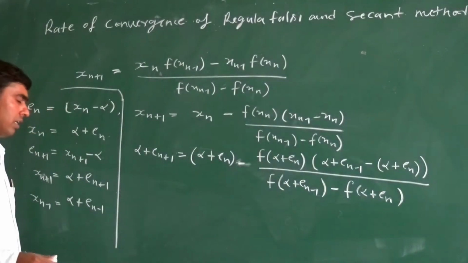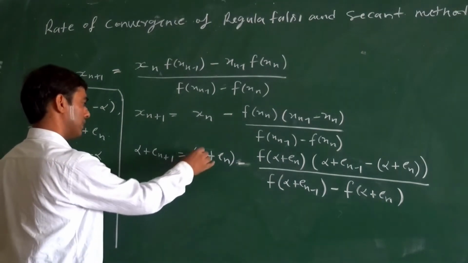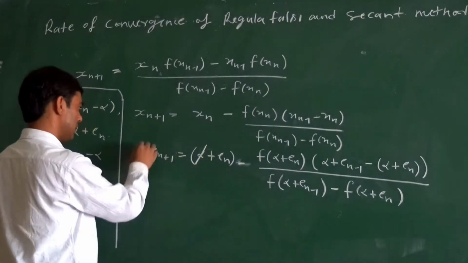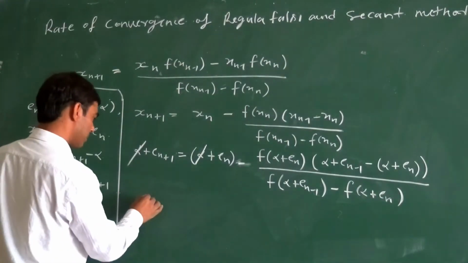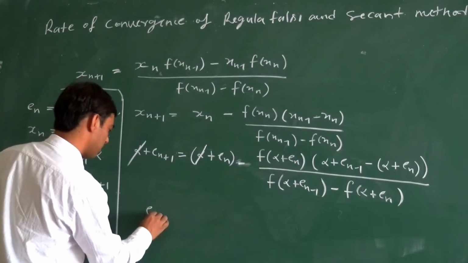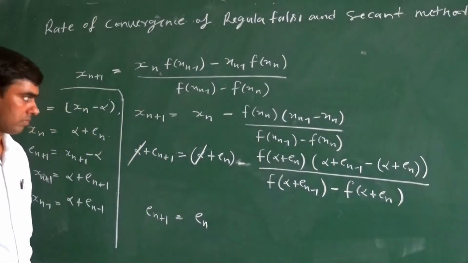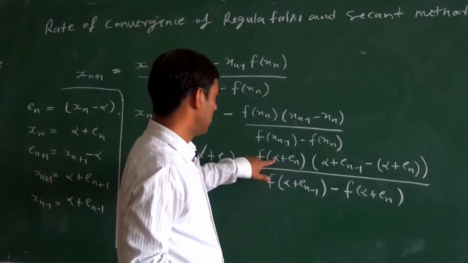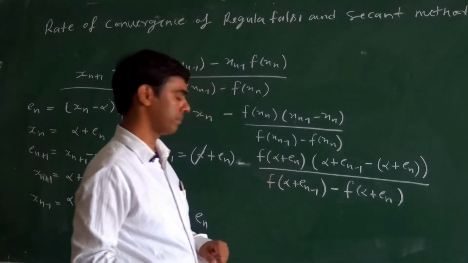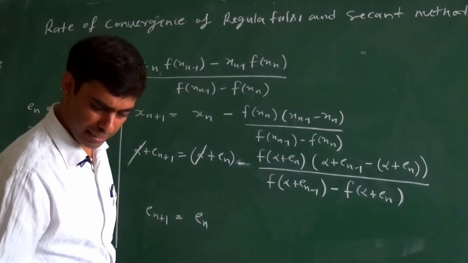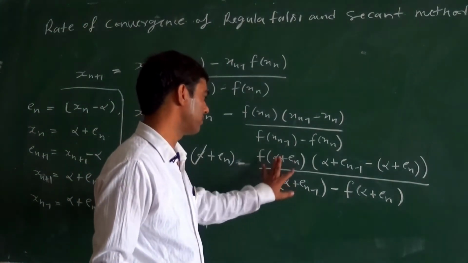Here we try to find the relation between E_{n+1} and E_n. So here alpha and alpha cancel out, so E_{n+1} equals E_n. Here f(x) is a continuous function, so E_n is a very small value. Error after the nth iteration, we assume that this is a very small value. So we expand this function